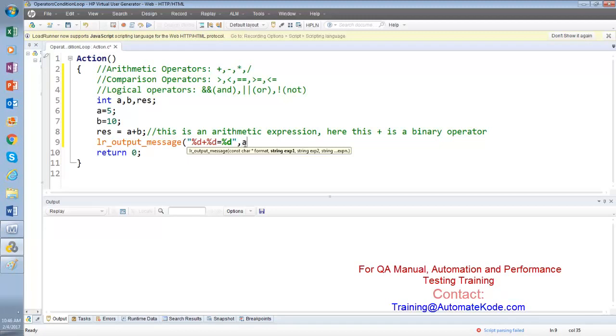Then a, comma, b, comma, result. Why is result at the end? Because I am writing the question like a plus b equal to result. Follow that sequence, basically.